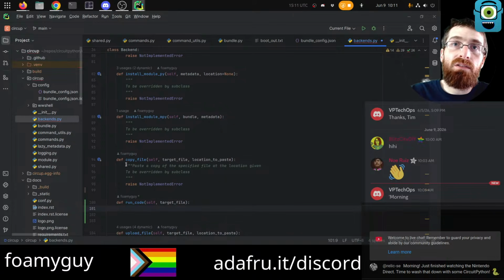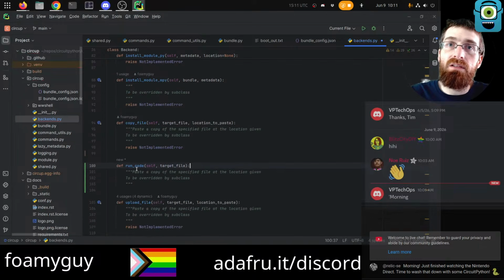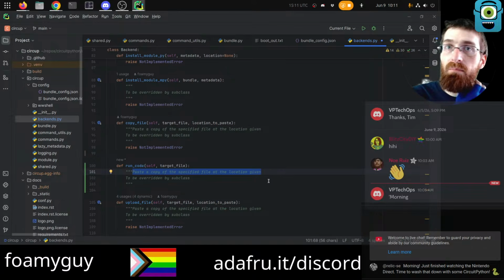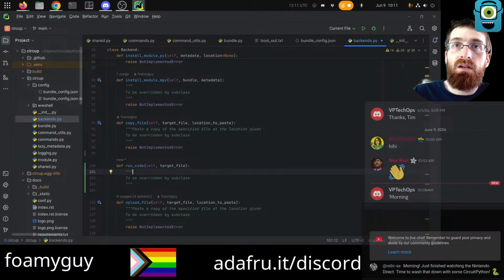But again, this one is not actually implemented here. It will be implemented in the subclasses, so the USB backend and the web backend. So this will run a specified script on the device. Let's say code file,